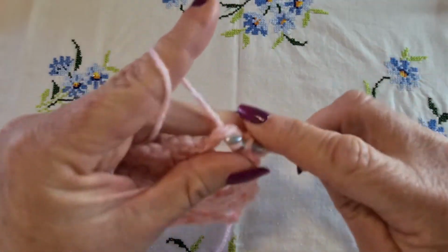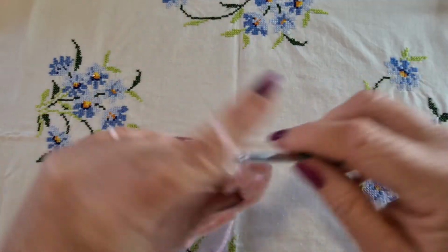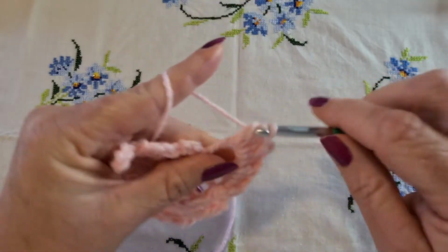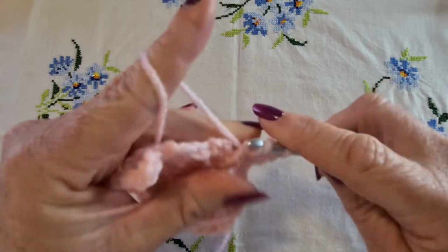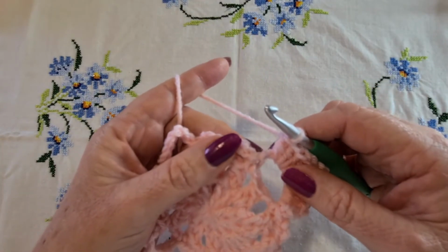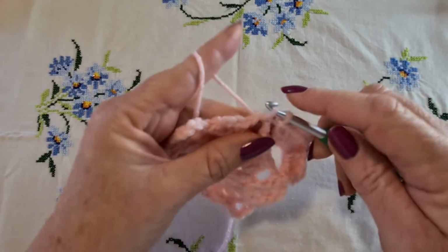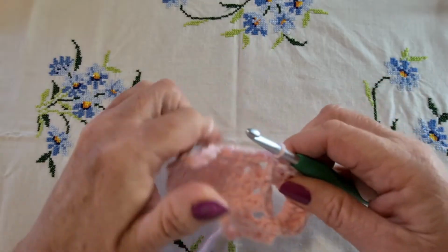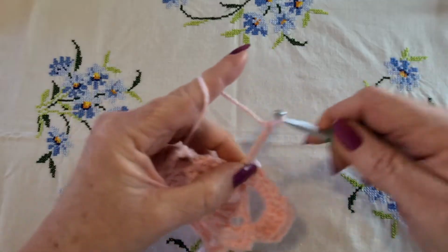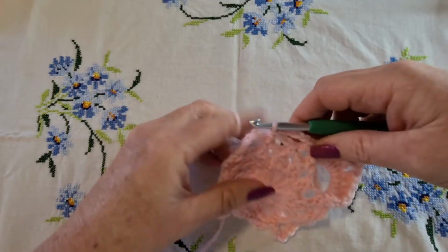and then put 5 more double crochet into that same chain space, 3, 4 and 5. And then we are going to single crochet into the next chain 3 loop and chain 4, 1, 2, 3, 4, single crochet into the next chain 3 loop